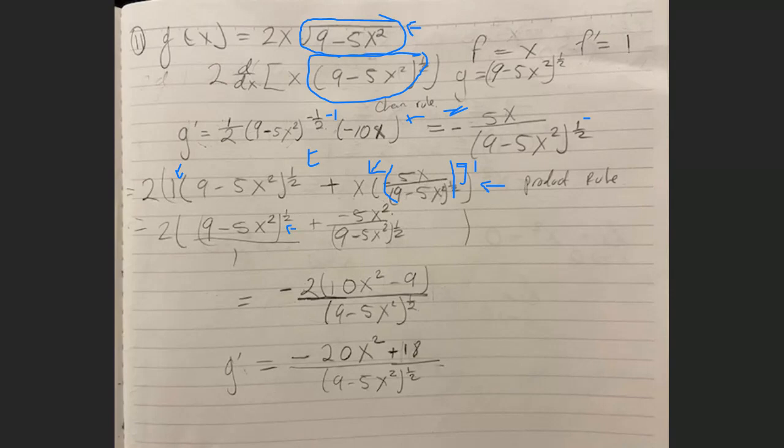Okay, so g prime, this is our answer for g prime. Actually, not g prime, but this is our answer. We distribute the negative 2, and then we get minus 20x to the second power plus 18. And you can either leave this question like this. I don't know if you can leave it like that. Or instead of this, it can also become